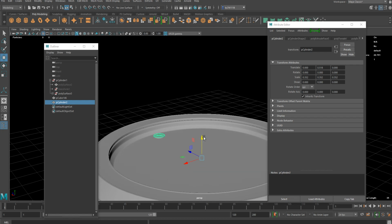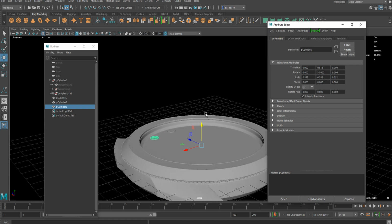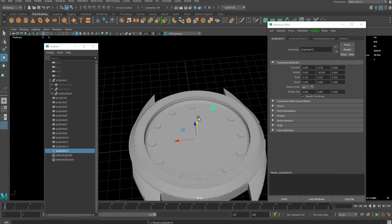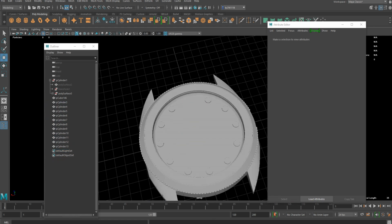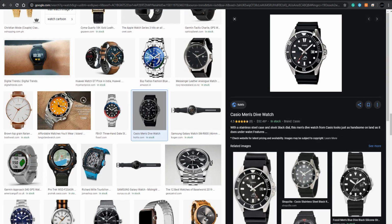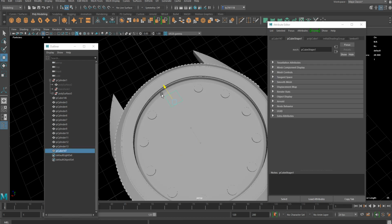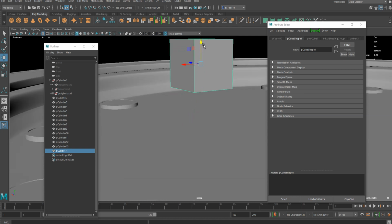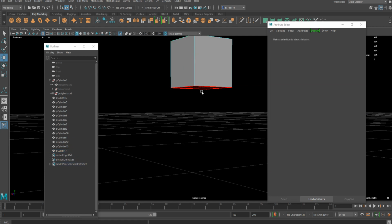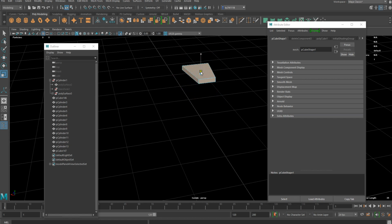Okay, now I'm just gonna duplicate it and rotate it 30 degrees and just repeat it like that. And I'm just gonna remove this part to add that kind of design, or you can just skip it if you like that. So what I'm gonna do here is basically the same, but with the cube I just want to make it more angular this time. I'm just gonna do that